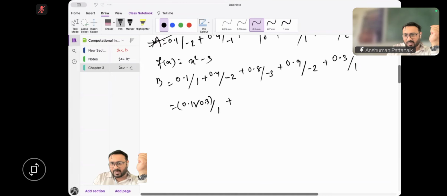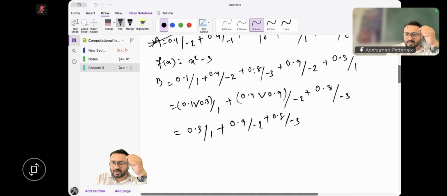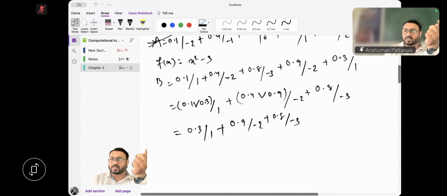मिनस 2 के लिए भी दो ऑप्शंस हैं, तो 0.4 एंड 0.9 दोनों के बीच में मैक्स ऑपरेशन होगा. Minus 2 plus 0.8 upon minus 3. This is what is the scenario. So what will be the update? This: 0.3 upon 1, 0.9 upon minus 2, 0.8 upon minus 3. So what is the observation? When one y value has multiple membership values, then we will apply the max